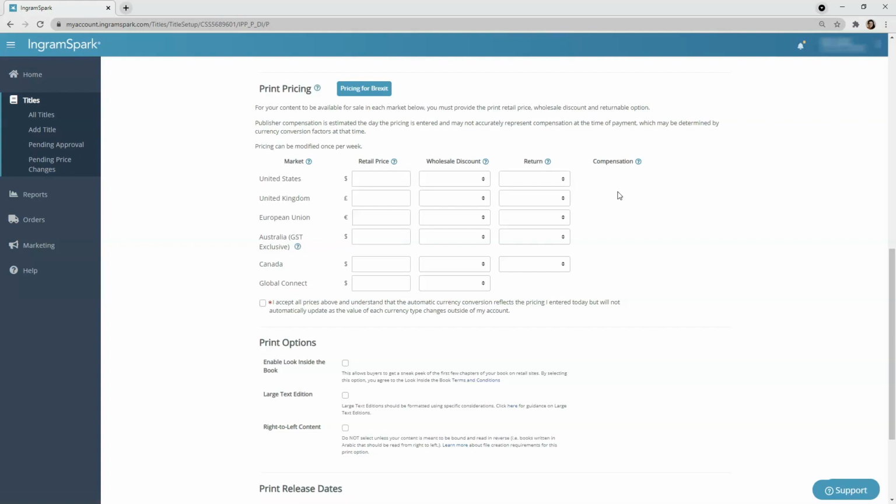The return status lets us know if you want us to accept retailers returning your books or not. Most brick and mortar stores require that the books they order be returnable. We have 2 different yes return statuses: yes deliver and yes destroy. Yes deliver indicates that you would like for us to return these returned copies to you. We do not guarantee the condition of these returned books, and we charge a delivery fee per book. For deliveries to the United States, that fee is $2 per book. For deliveries to Canada, it's $20 per book. We do not allow for delivery to other countries or markets.